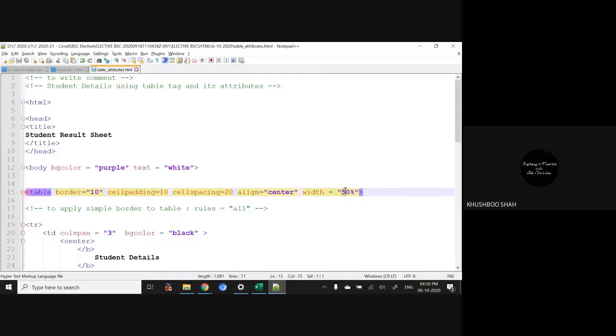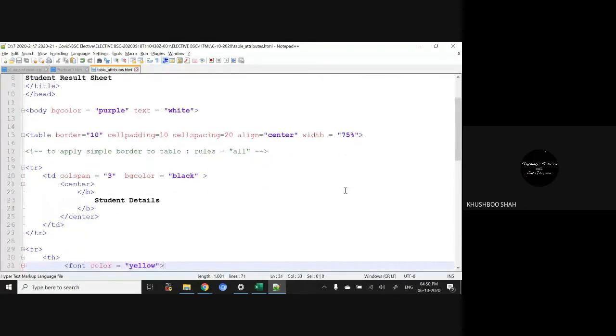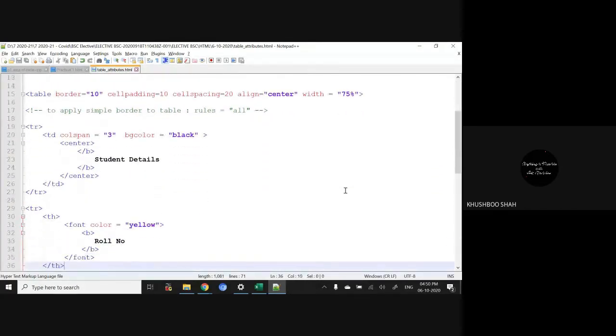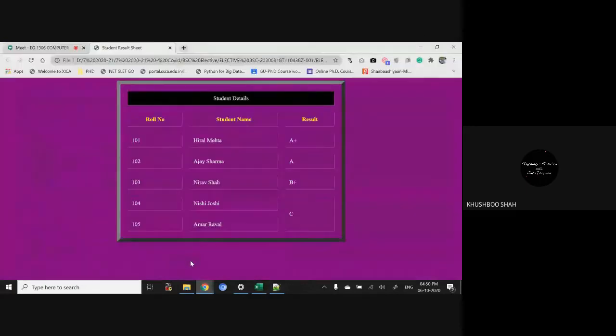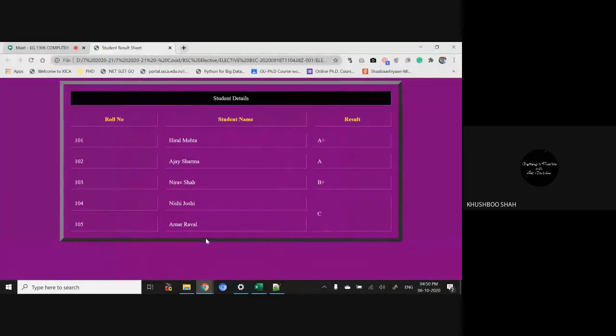So it was 50. Now let's keep it 75. Okay, after that, something new for you guys. If you notice, the very first row, student detail, is the first row, roll number is second, third, fourth, fifth, sixth and seventh.